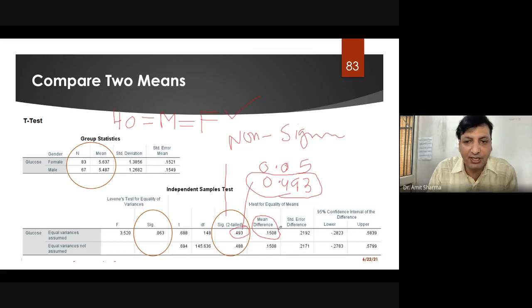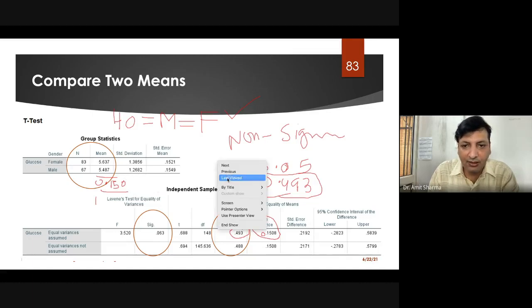But here the mean difference is 0.15, not even 1. So the test was found not significant.